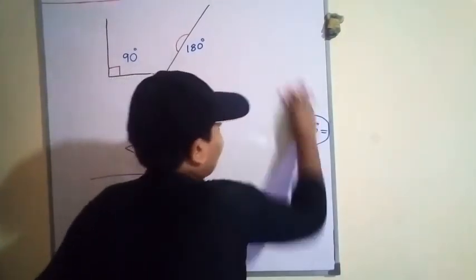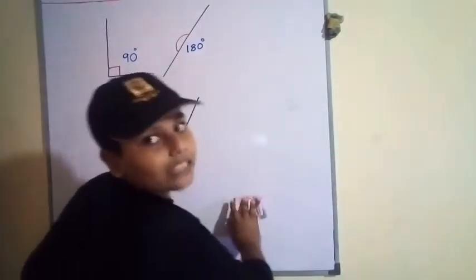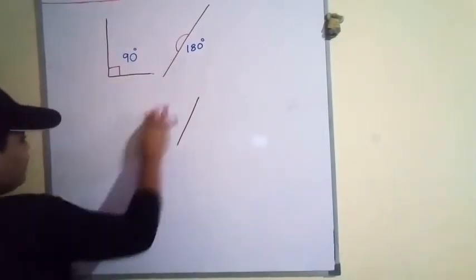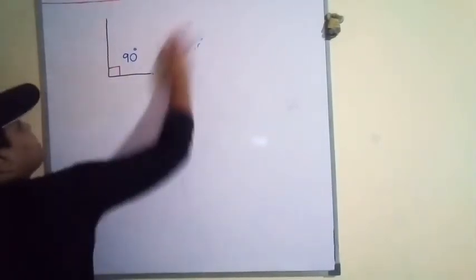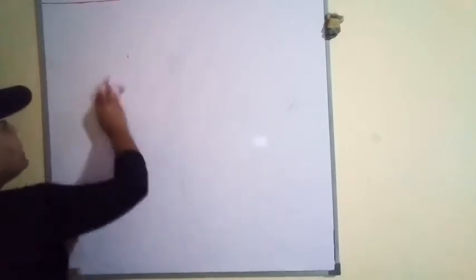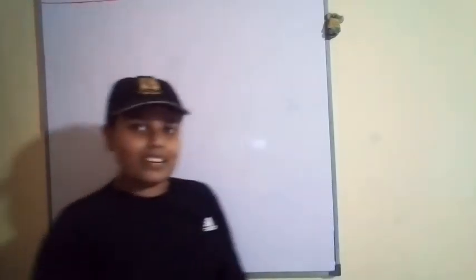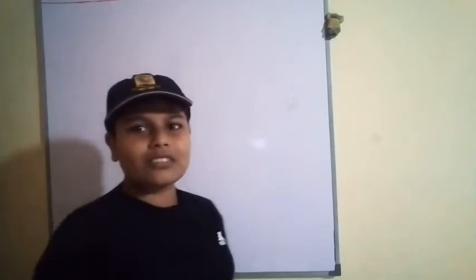Okay guys, you know the pairs of angles, right? Now you know the rays and arms and vertex, what is an angle, what is the unit, what are the types, how to name them, how to measure them, right? Like that. So I think the circle and vertex point also.